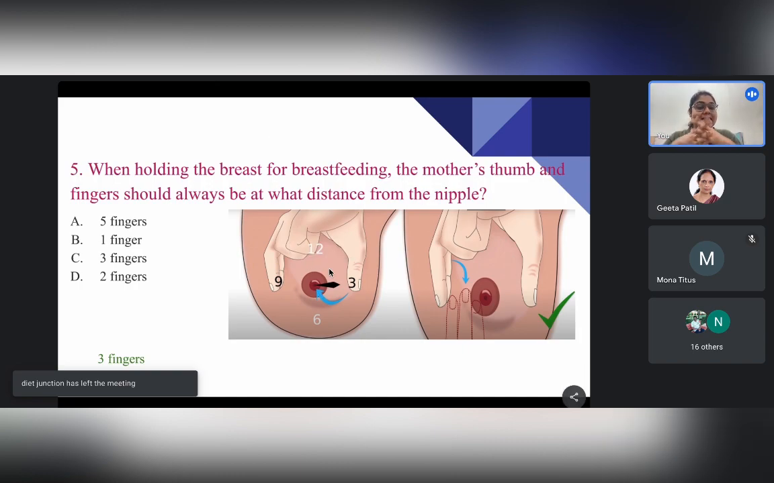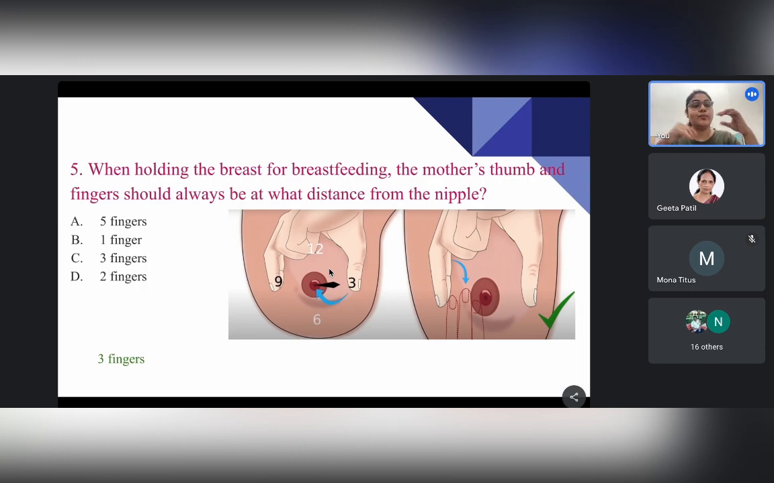As it has been already discussed in the lectures, whenever we consider the areolar area as a clock, we have specific sites where the position of the hand should be, right? And to get the optimal pressure on the breast tissue, it is advocated that the 2 fingers should be situated equidistantly from the nipple. So it has been said that it is around 3 fingers, at a distance of 3 fingers on both the sides to get a proper hold